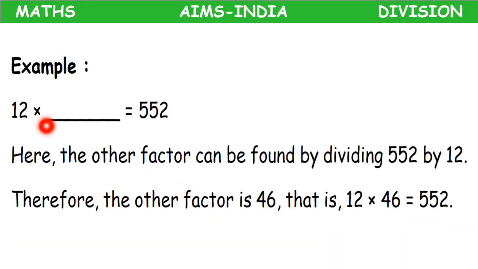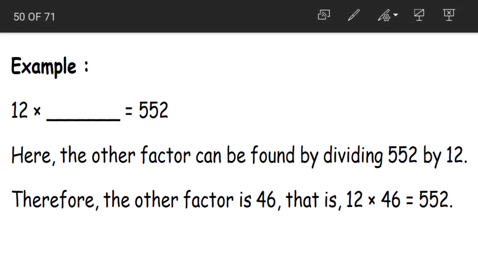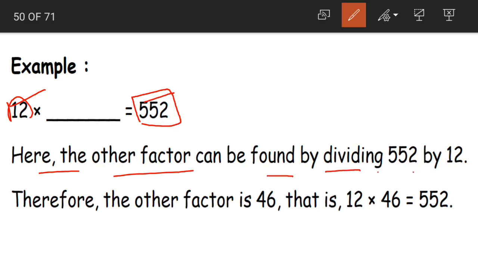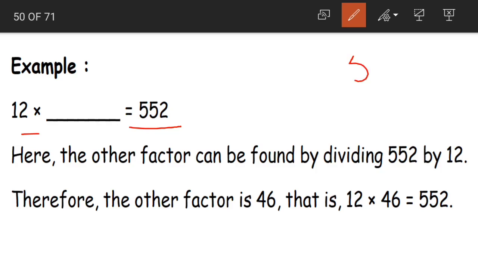For example, 12 into dash is equal to 552. As I said, one factor is given and the product is given. If we divide these two here, the other factor can be found by dividing 552 by 12. Always the product is to be divided by. The product is the bigger number, so it will be divided by. So what will our other factor become? 552 by 12